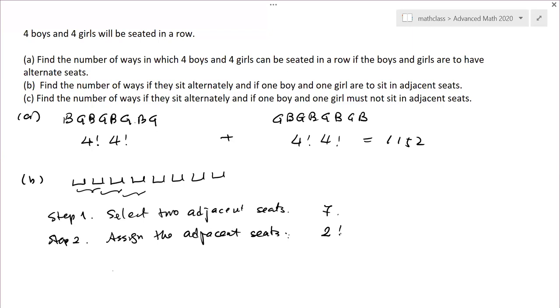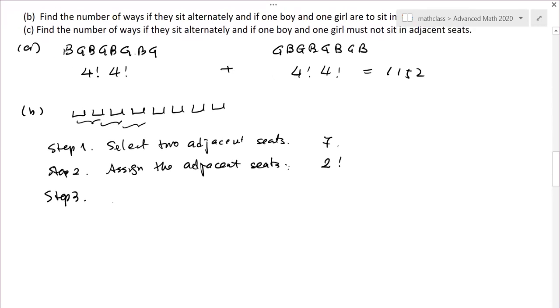Now, here's the point: it depends on the assignment. The third step is to do the assignments for the rest of the students. There are 2 possibilities here. One is the boy on the left and the girl on the right. That doesn't matter. If it's a boy on the left, you choose